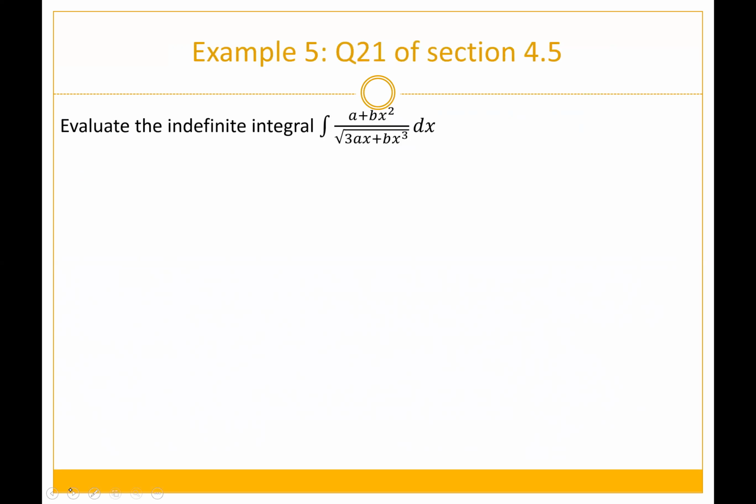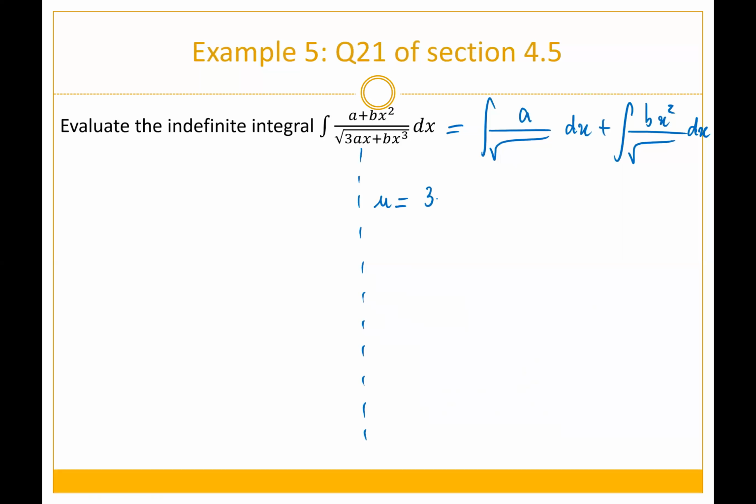Evaluate the indefinite integral in this form. When you look at the general form of the integral, you don't have anything that can be applicable for this, because even when you break them out, you have a over the square root and then bx squared over that square root, and it's not leading you anywhere. So this is where the substitution technique comes in. There are two ways you can do it. You can either substitute u be 3ax plus bx cubed, or you can substitute u be the square root of 3ax plus bx cubed. I'll do the first one,